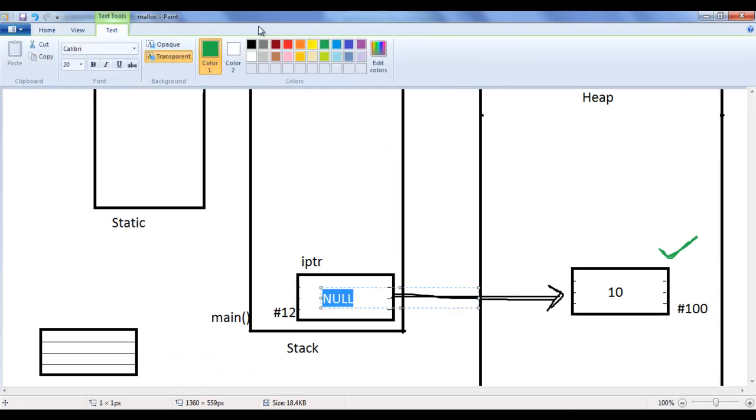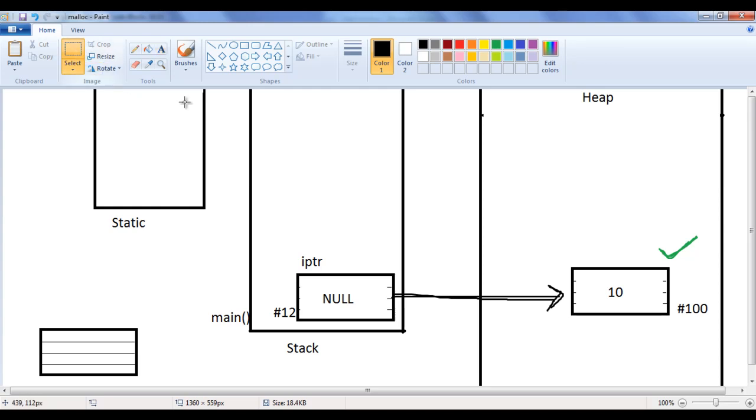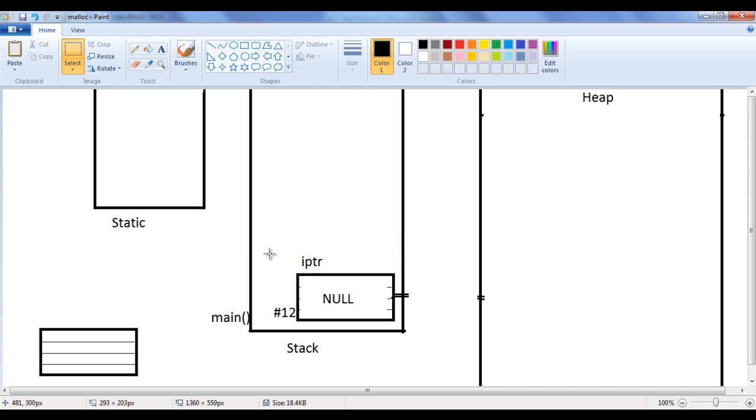Once we store a null inside a pointer, it is not going to point to any memory location or memory block, guys. And this memory location is going to be deallocated, and then the local variables of the main function are deallocated or removed, and the main function is removed from the stack, guys.